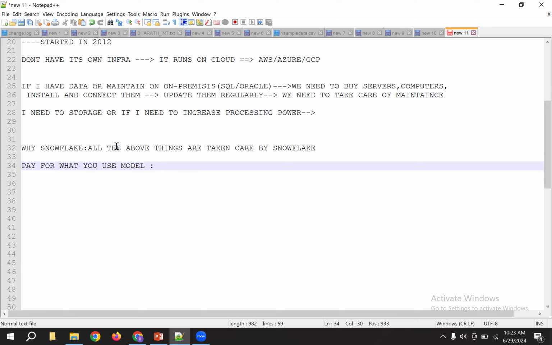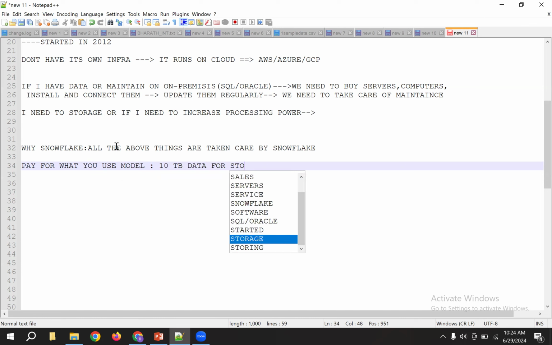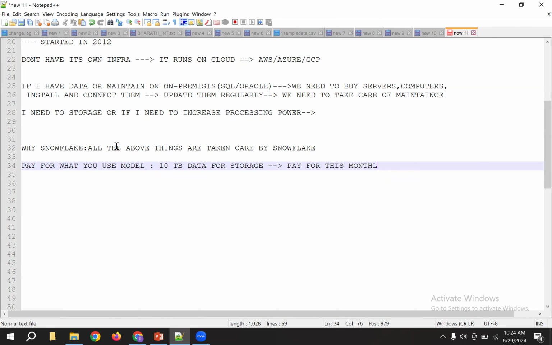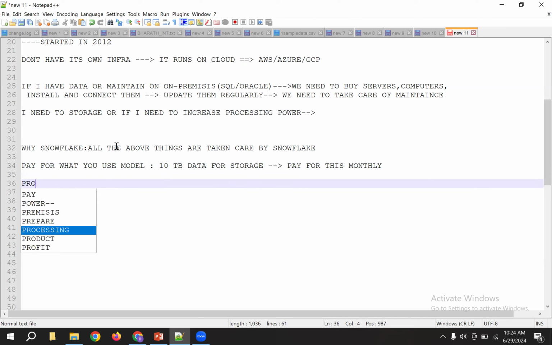Think like this. I'm using only 10 TB of data for storage. I'm going to pay only for this, monthly. So how much data storage you have used, you are going to pay for that. And if I have processed some data,